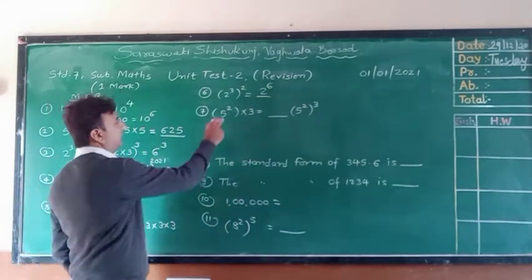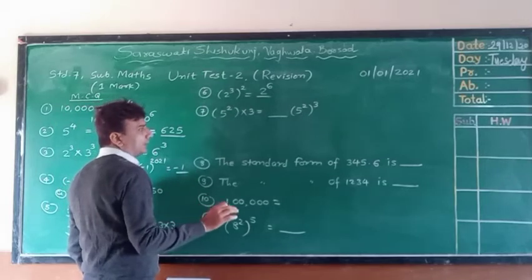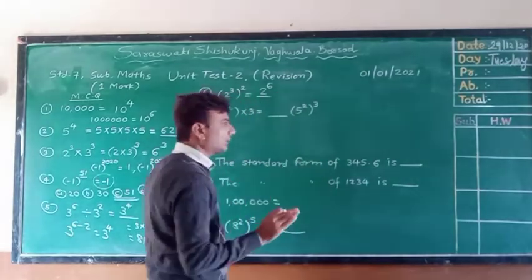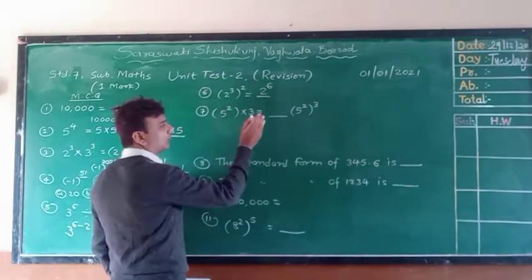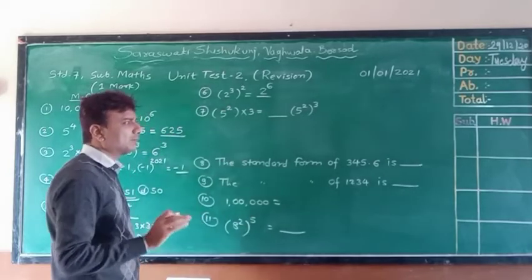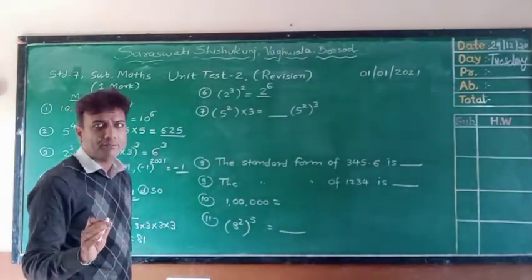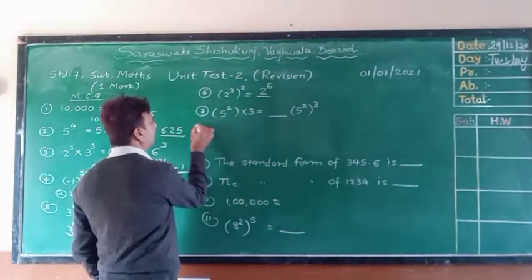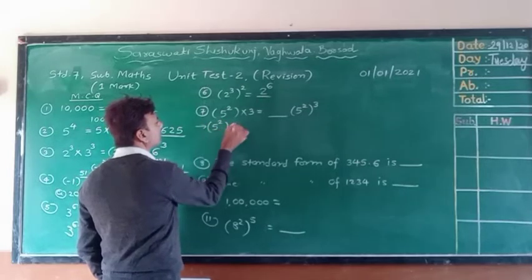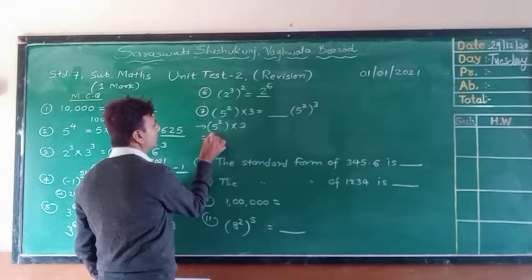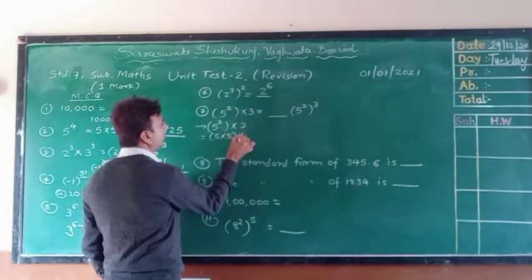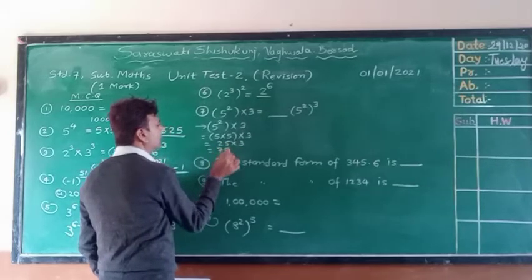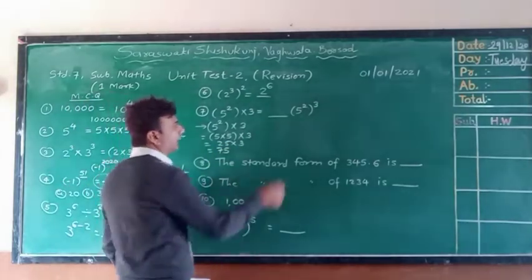In this case, options like less than, equal to, greater than, or greater than or equal to are given. So first we will find the left hand side value, then we will find the right hand side value, and we compare both values, which value is greater, which is less, or equal, and we will verify. So first we will simplify and find its value. 5 square multiply 3. 5 square means we have to multiply 5 times 5, that is 25, and 25 times 3 is 75. So the answer is 75. Okay, no problem.